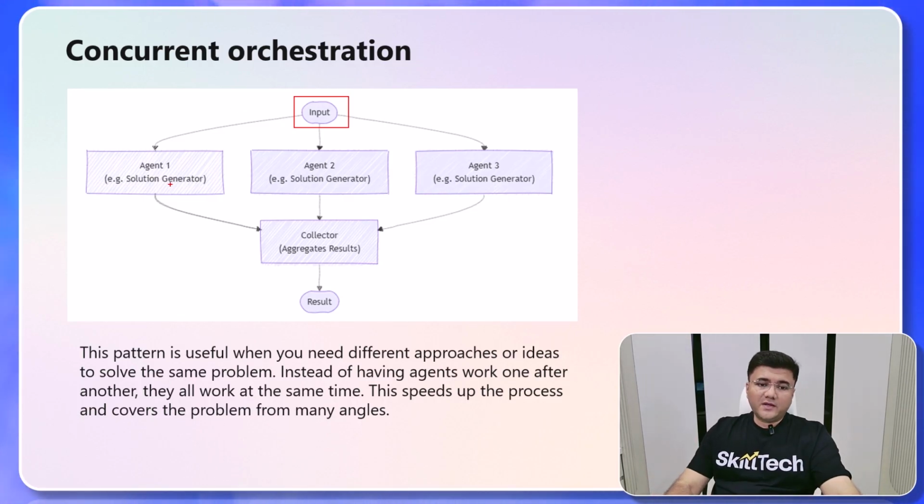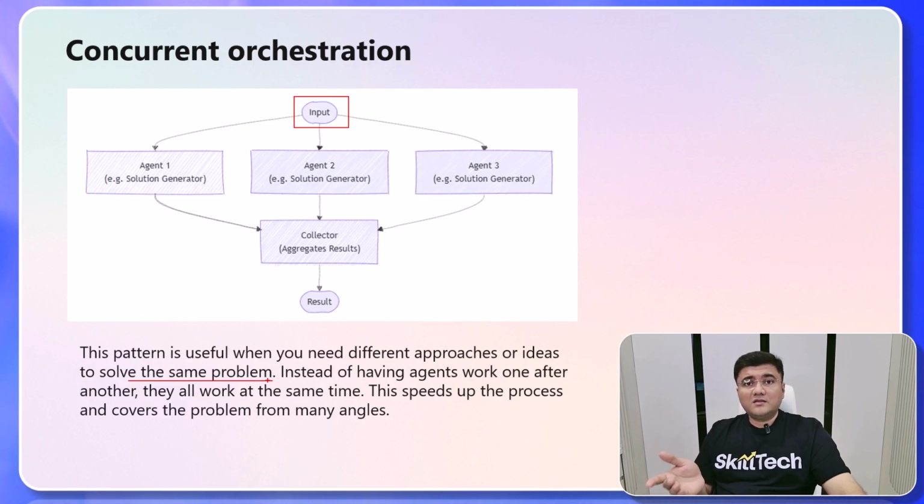So this pattern is perfect when you need different approaches or ideas to solve the same problem. Think about this. If you have one particular problem and you know you can solve it in maybe 2 or 3 different ways, do you need a sequential execution? Of course not. You need all 3 different ways to be executed in parallel